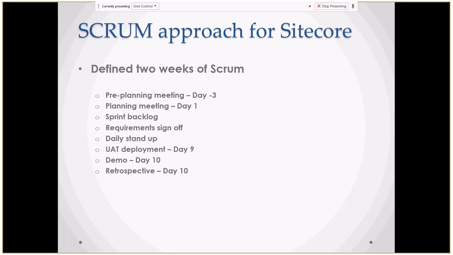Minus 3 means before the sprint starts, 3 days before, we have a pre-planning meeting. When you have the product backlog with all the stories, the Scrum Master, product owner, and QC representative get together and discuss the requirements. Whatever requirements the product owner captured in the product backlog, we discuss at a high level, and then we make the priority. There might be high priority stories, medium priority stories, and low priority stories. For the immediate sprint, of course, we will consider the high priority